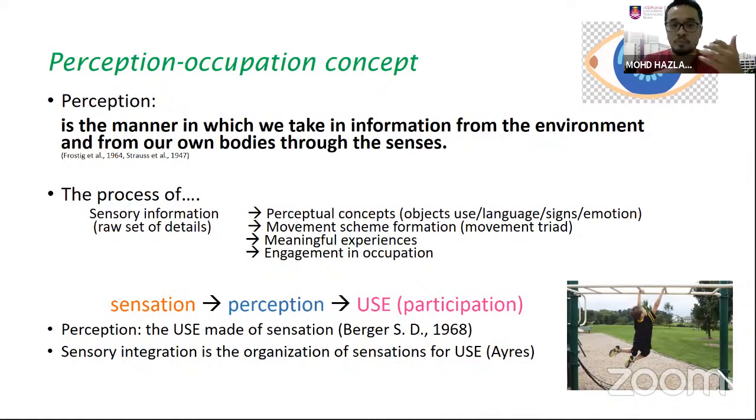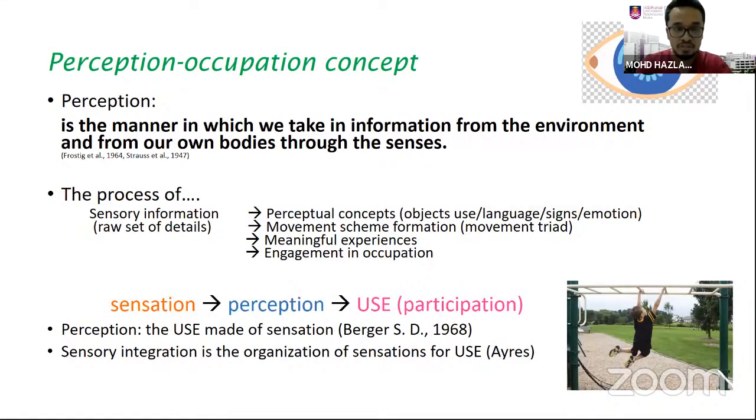All this communication will later develop movement scheme formations. It is very important. As occupational therapists, we always talk about occupations, engagement and meaningful participation. Can you imagine, from just a raw set of details, we can process all this information to create perceptions in our mind, and then engage in meaningful experiences